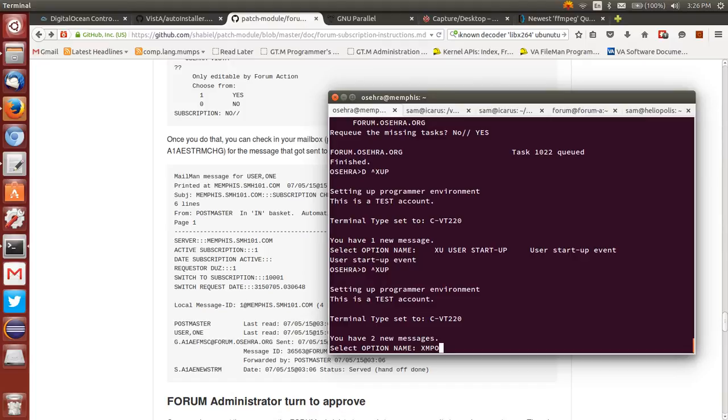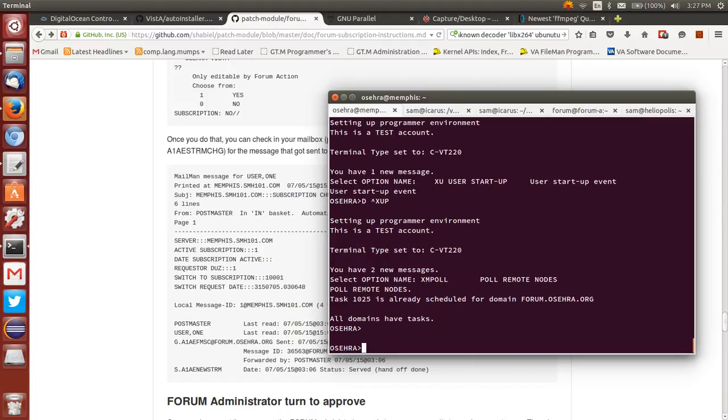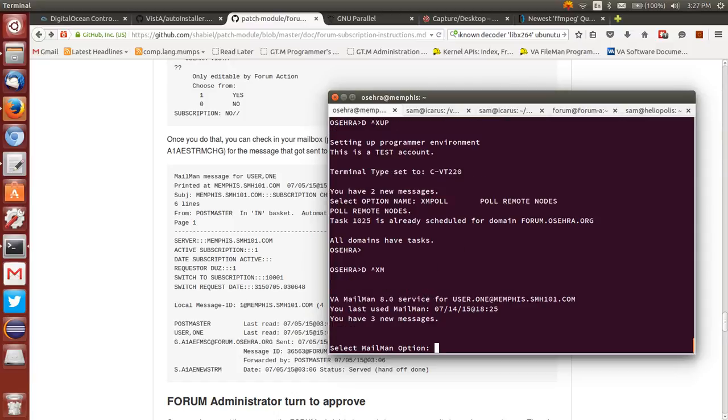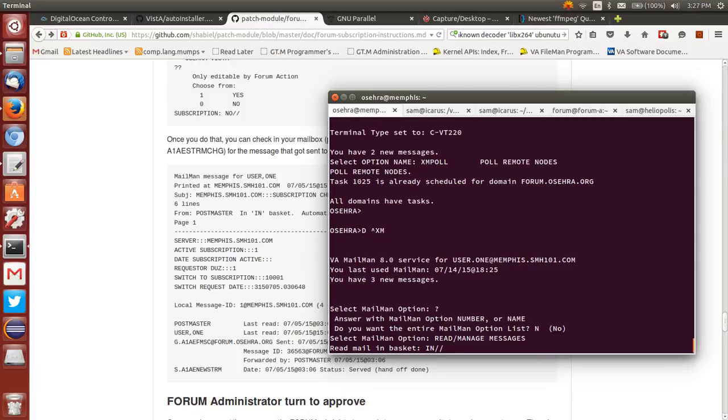Oops, XM poll. Alright, so this way I think we should have gotten all the messages here. So let's take a look, since I'm the recipient of the message. So I should be able to say read in,